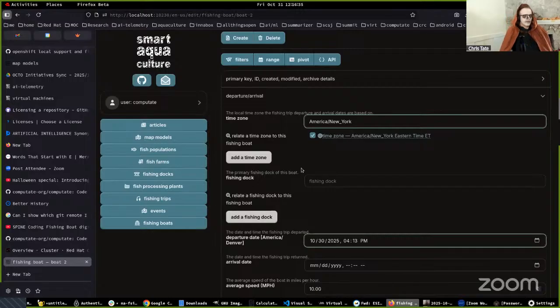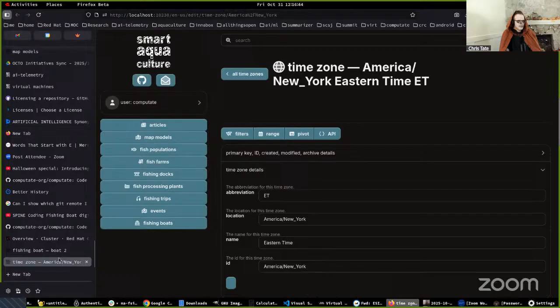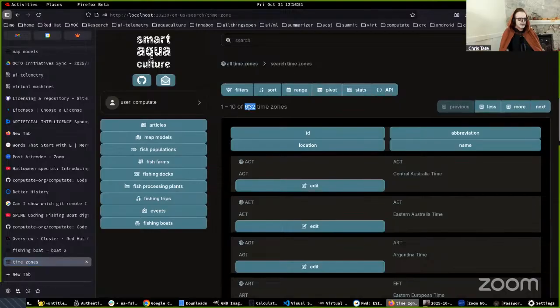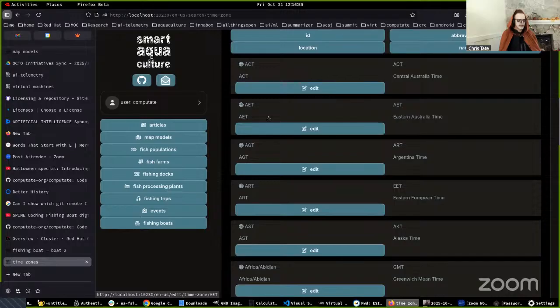We'll try to make that more consistent. There we go. So that's a time zone, and there are many time zones in our system because we do a time zone import based on the Java time zones. If we go to all time zones, you'll see there's 632 time zones, and we keep track of their location, their name, and their abbreviation,